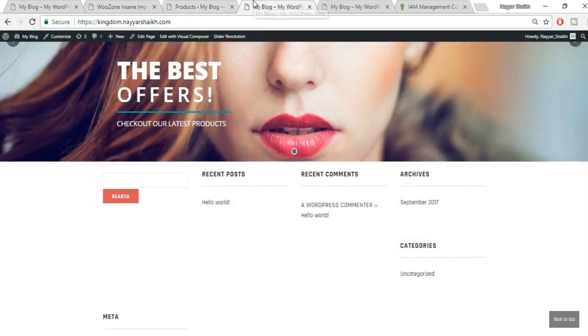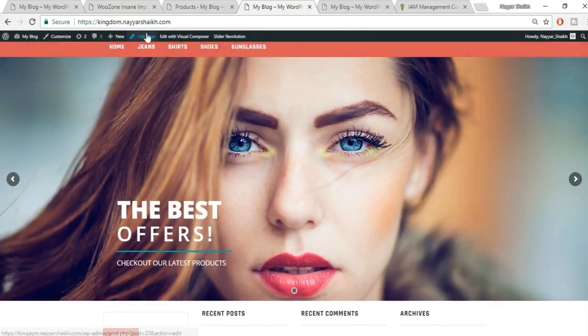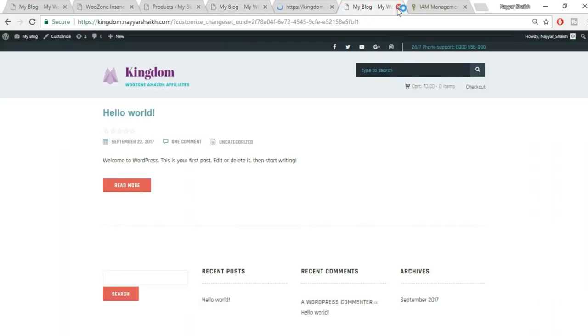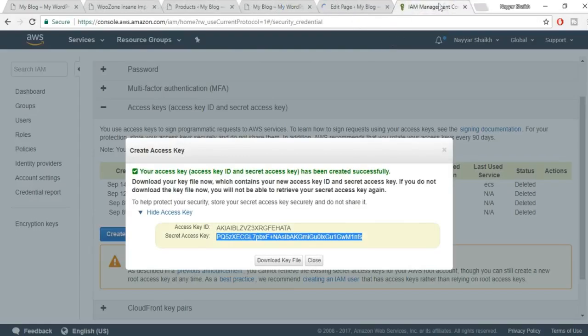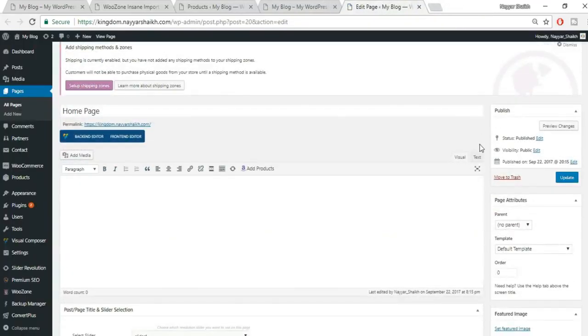Okay, now come back to your website. Now we have to add these sections over here. So what you can do, at the top you'll get this option, edit page. Now open this link in a new tab. Okay, let's cut this thing. Also cut this thing. Okay guys, as I said earlier, we get Visual Composer free with this particular package,